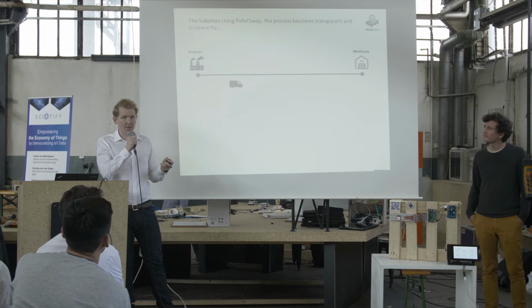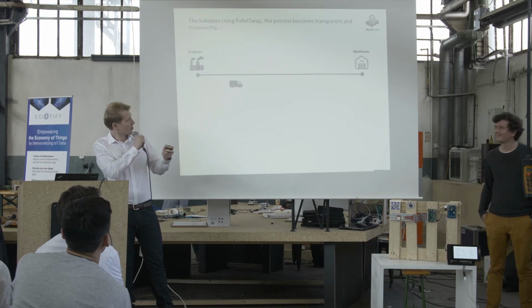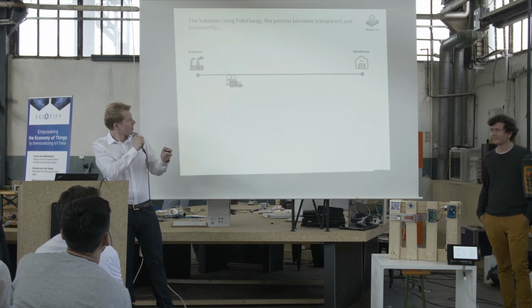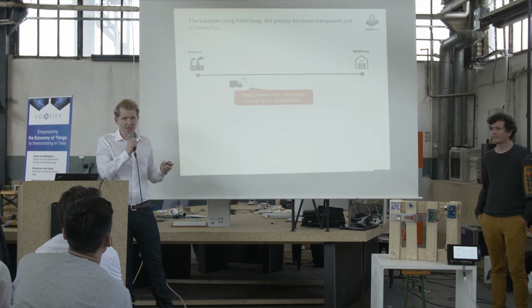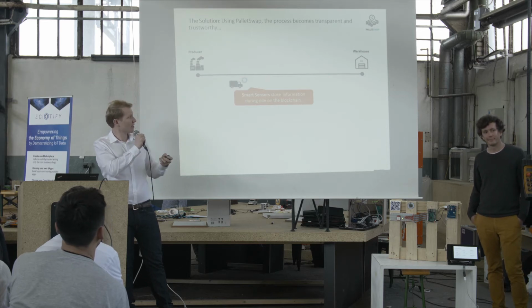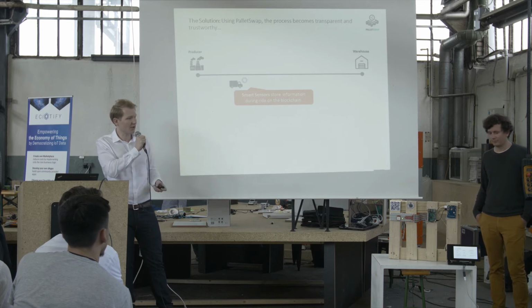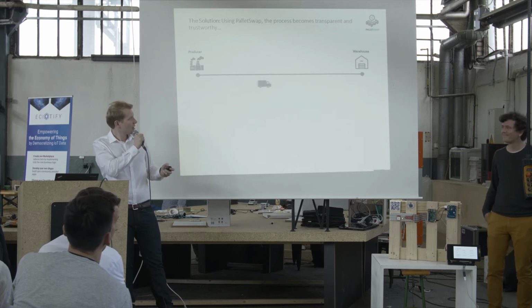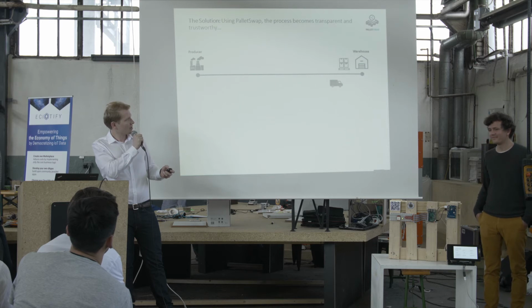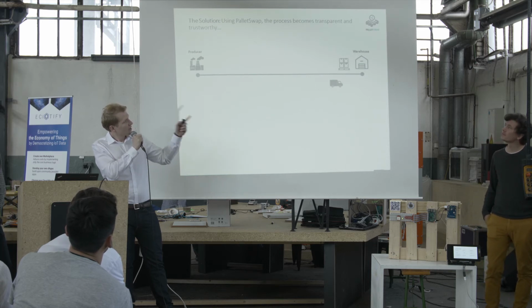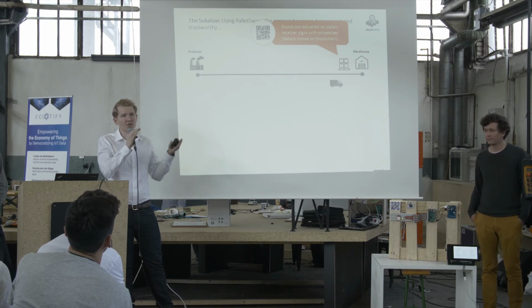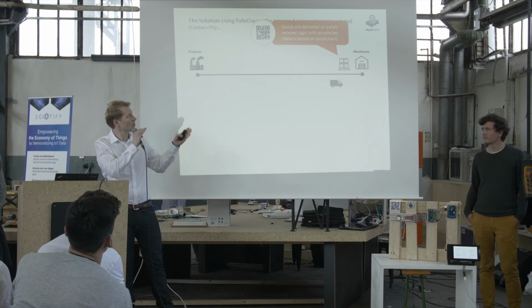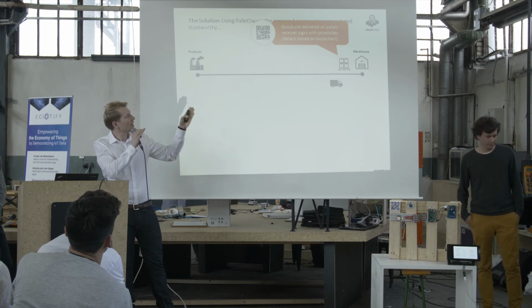This is where PalletSwap comes in. The process starts very similarly, but already during the transfer, we are using smart sensors that send environmental variables to the private blockchain in our case. So you can see on our great prototype, the pallets are delivered to a warehouse, unloaded again in the same way. But here's a second difference. We designed a handshake. Similar to the transfer of an asset in the cryptocurrency world, we use, as you can see, a QR code